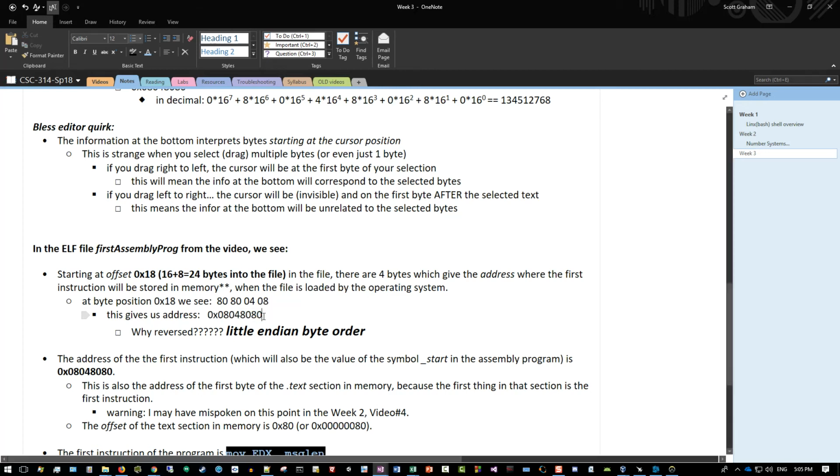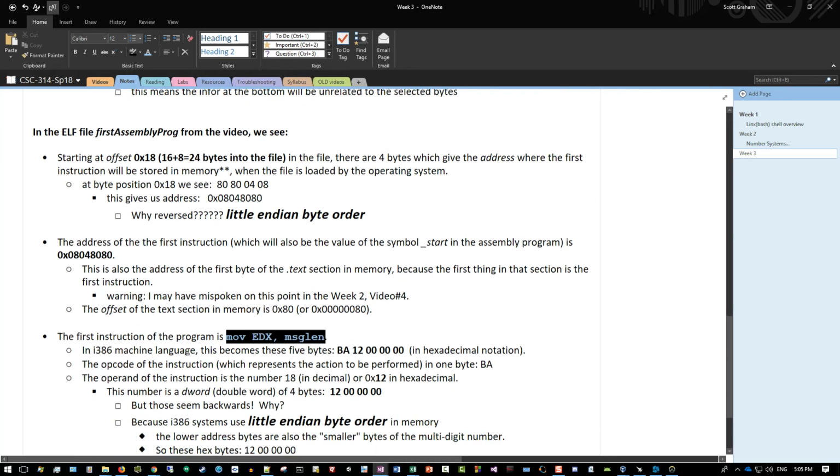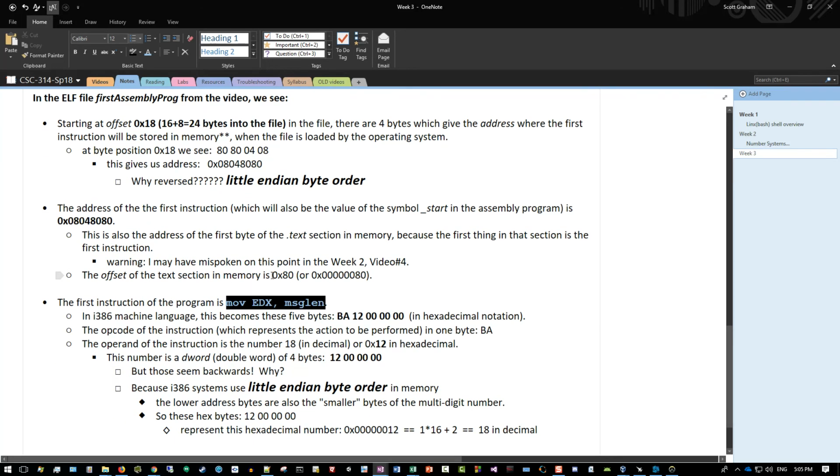Now, where is that first instruction in the file? Well, that's a good question. The first instruction in the file is actually going to appear at offset 80. Now, how do I know that? Well, there's a couple ways we can look at this to understand how to know that. So we're going to get a little deeper